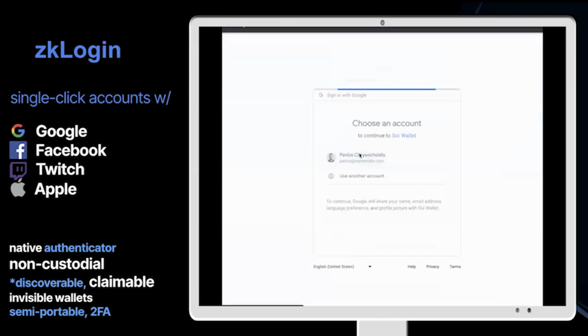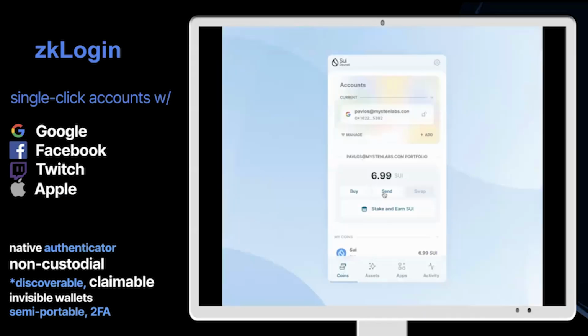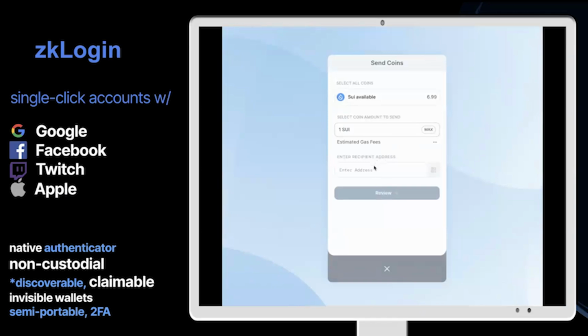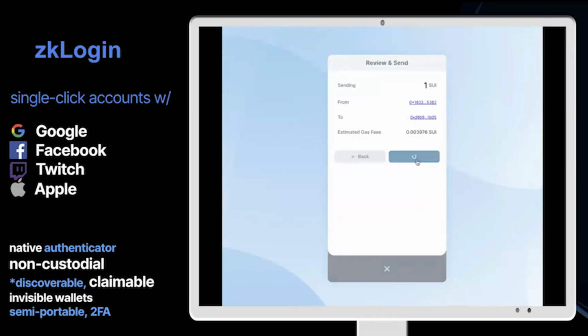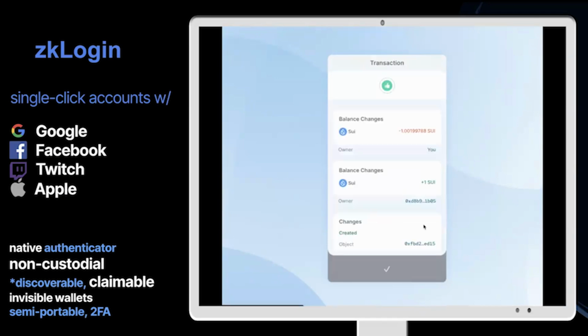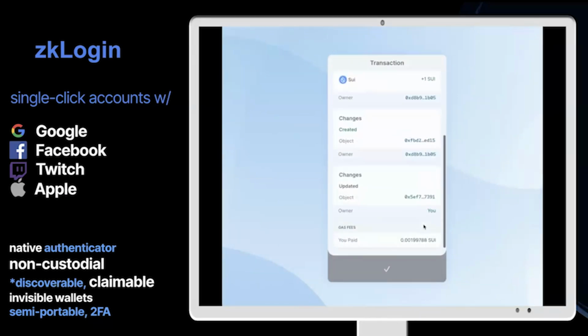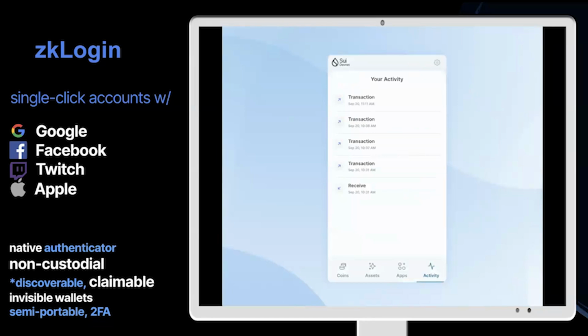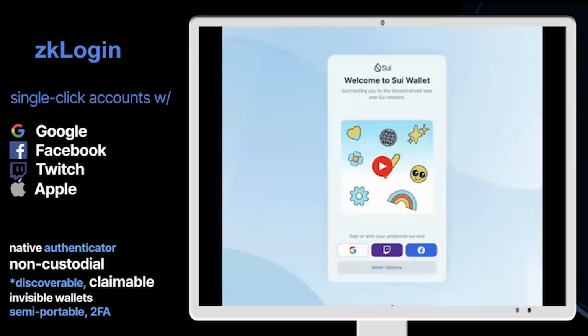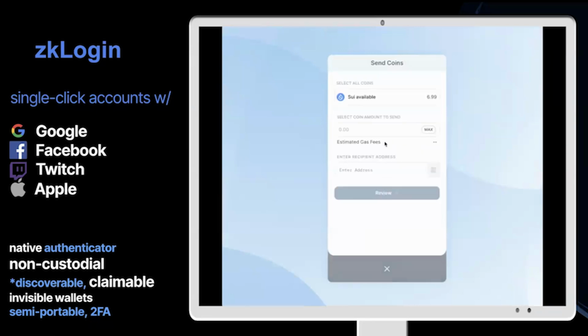So this is sort of how it will look if you use Sui Wallet today, which is one of the wallets that supports zkLogin. Maybe it's all happening a little too quickly, but essentially what you saw is a user logged in using their Google account. They sent some money to someone else. Click to your Google account, logged in. Sent some Sui,